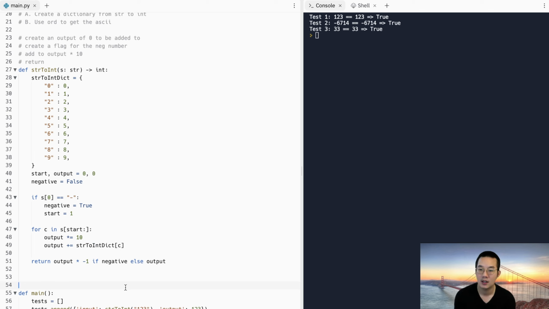String to int. I'm excited to take a look at the next problem, which is int to string, and that goes in the reverse direction. There's also the ord method. We can check that out right now. And we know for sure that all items are valid, so we don't have to deal with any of the edge cases with letters or anything. So anyways,